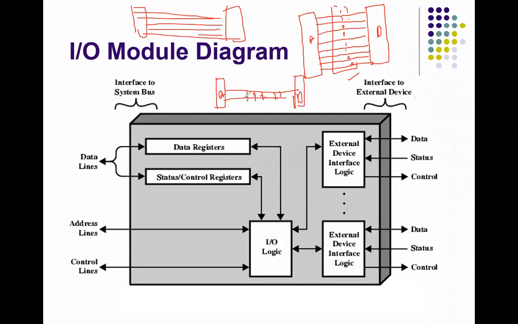But in serial data transmission, 1 bit is transmitted at a time. Okay. But here 8 bits are transmitted. You can transmit 16 bits, you can transmit 32 bits at a time in parallel data transmission. In serial transmission, 1 bit. So parallel data transfer is comparatively faster than serial data transfer.